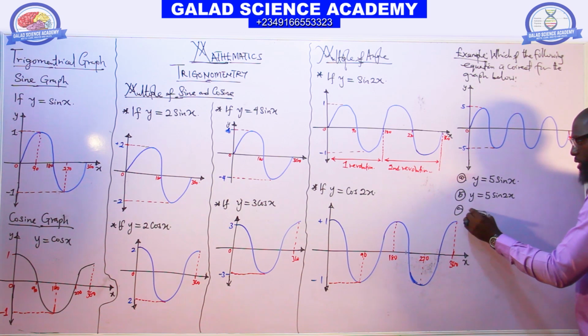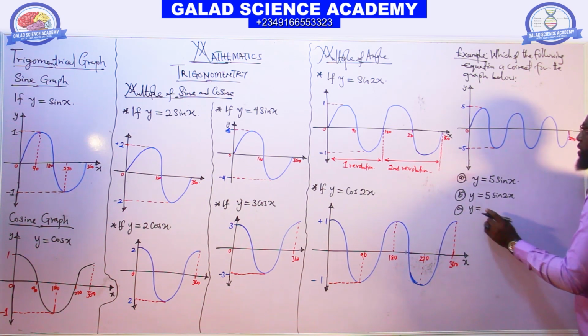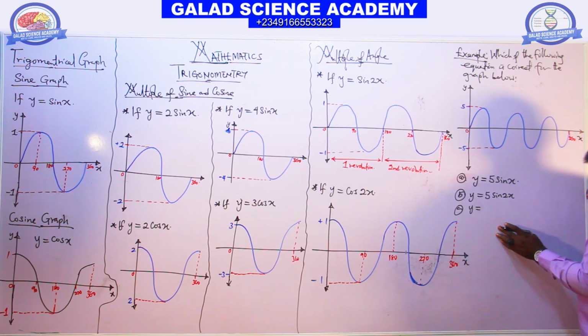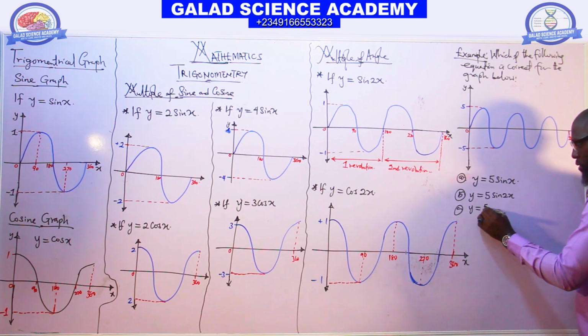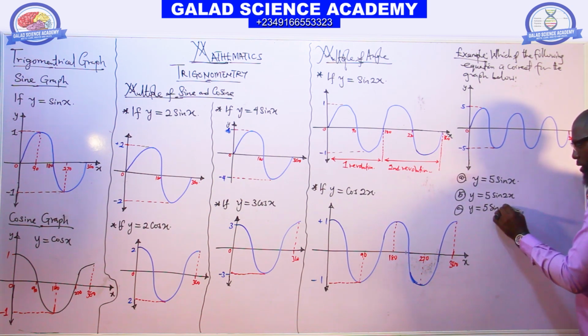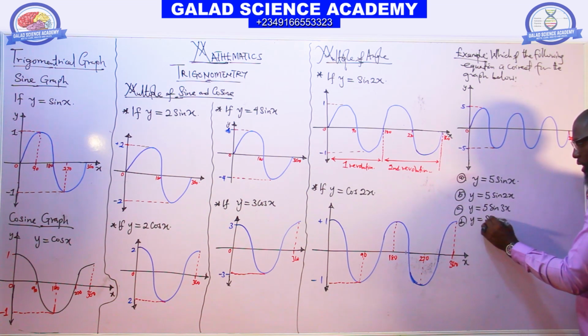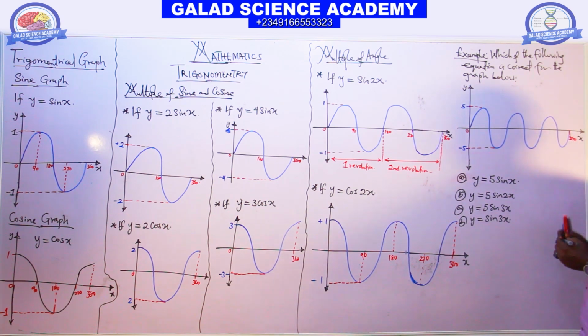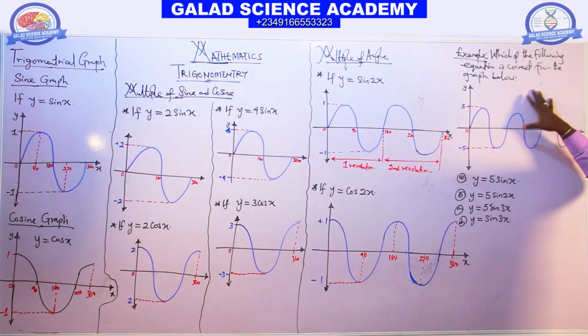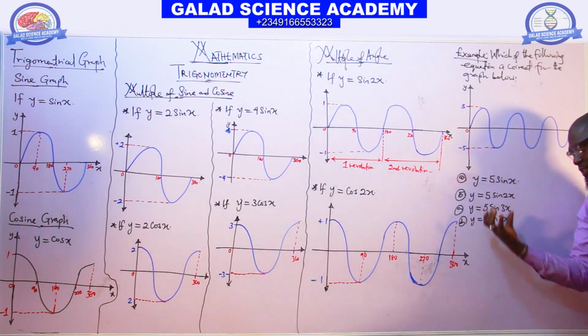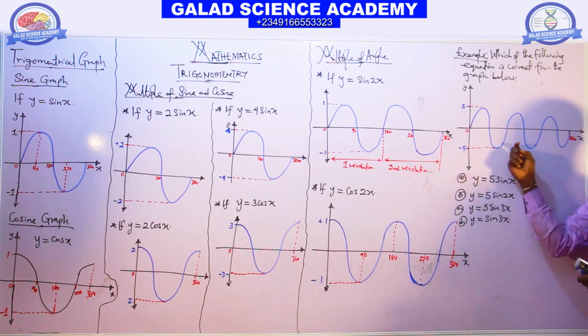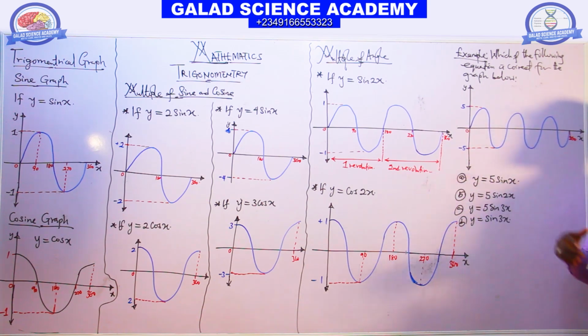Option C, 5 sine 3x. Option D is sine 3x. If you are given this kind of graph and asked which equation is correct for this graph,